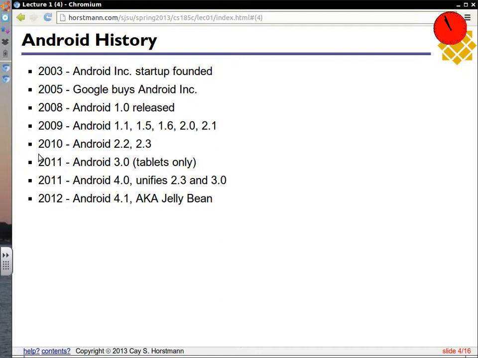Why would Google buy a phone company in 2005, of which not a single phone had ever been sold? They know the market. So what was Google worried about? Apple. They were worried, of course, about the iPhone, and what they were really worried about is advertising on phones.